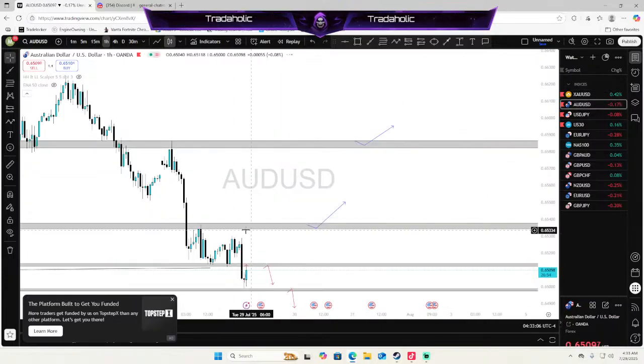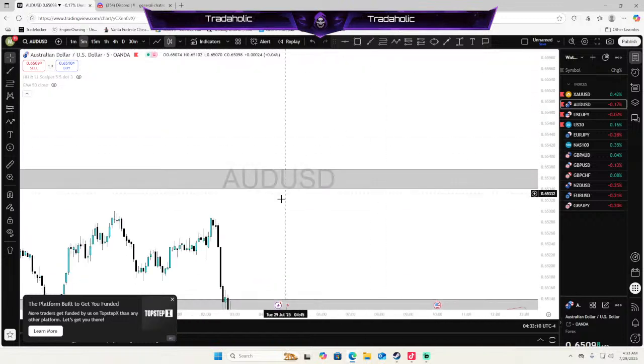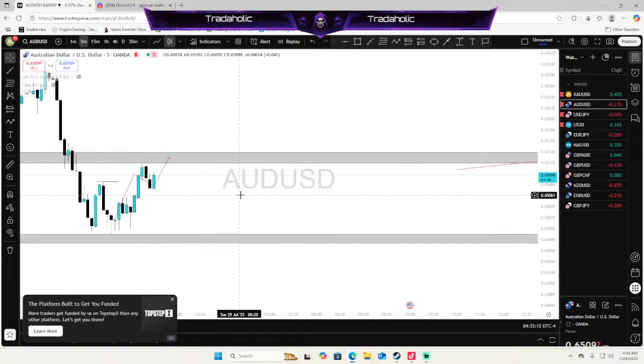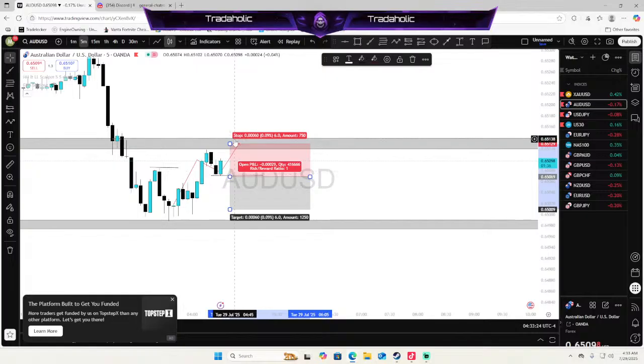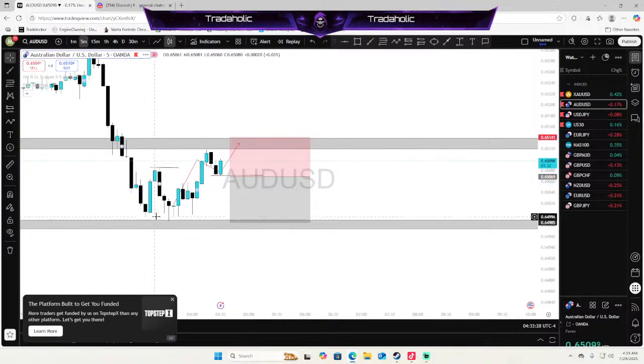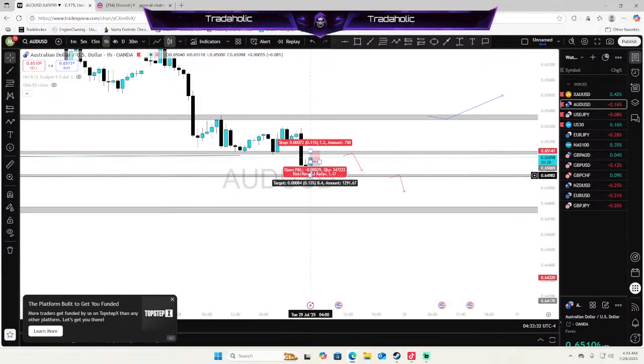That'll be it. Same thing for AU. Looking to take sells on AU as well. AU and GU. AU looks a little bit better than gold, just because we already created a higher high. We have our higher low sitting right over here now. It looks like we're gonna come up and retake this high. If we come up and retake this high over here, tapping into this area, we can take some sells as we retake this low. Stop loss below these lows down here. Stop loss above these highs up here. Then we look for our first target being these equal lows back over here. Then we can have a further target being this 1 hour level all the way down here.